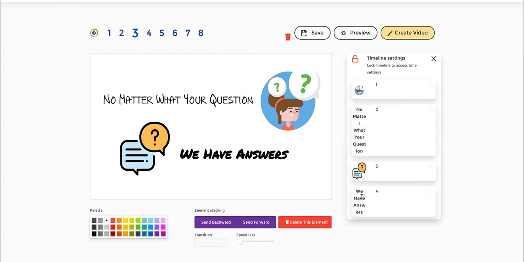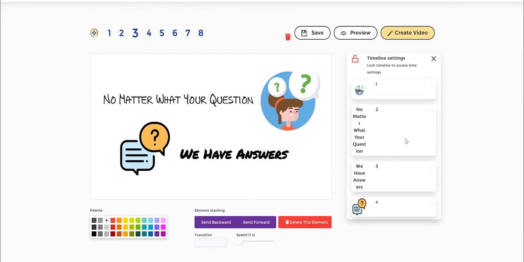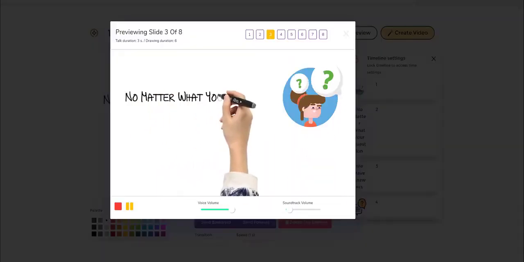And then if you have any other questions, the fourth part, which is this, we have the answers. Let's say I want it to appear after this particular element is drawn, well, that's what I'm going to do now. So I'm going to make sure this one goes to fourth, and then we completely change the timeline, as you can see here. So that's how you can quickly and easily change things over. And if I now preview the same thing,